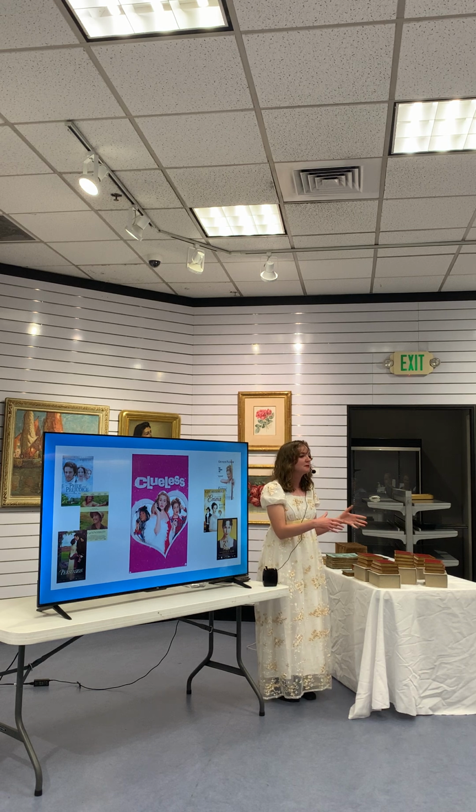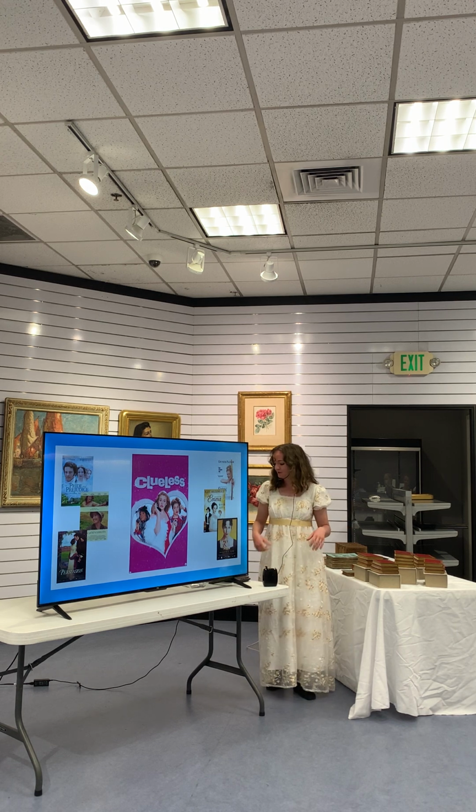These films do, obviously, a lot for Jane Austen and also for the Regency romance and popular culture. One thing is that it brings the Regency more into the mainstream. More people are familiar with the Regency now as a genre. They're more familiar with what it looks like. It also adds or solidifies the conventions of the genre in a really accessible, visual way. You can now just see something and know that it's Regency, rather than sit down and read a book and learn that it is. But one of the biggest things that this does for the genre